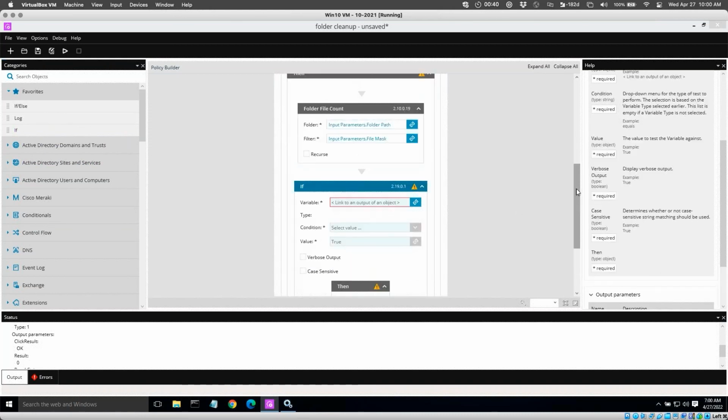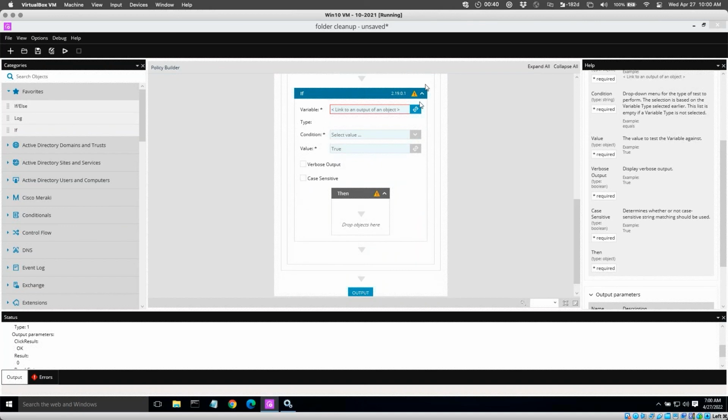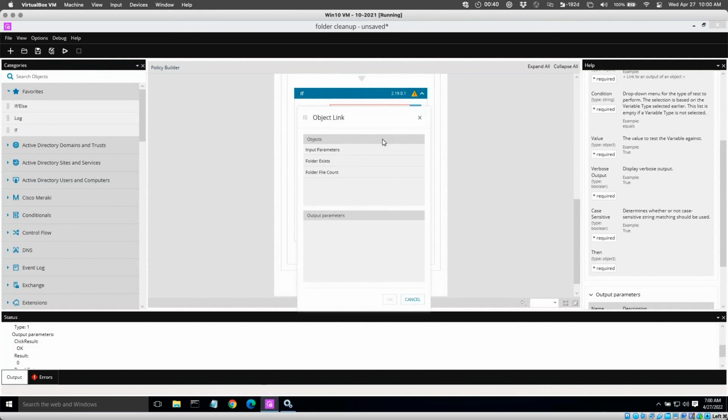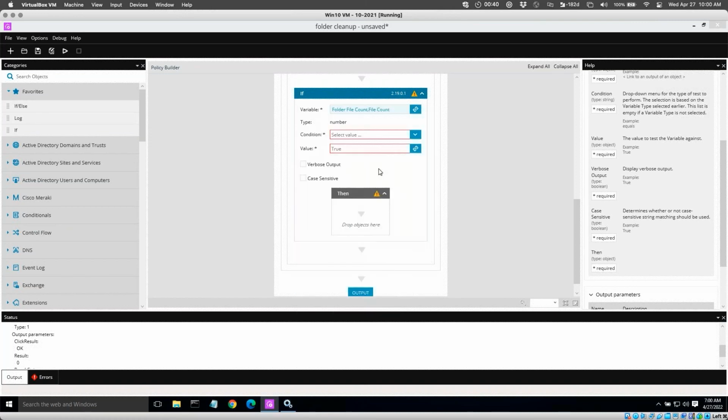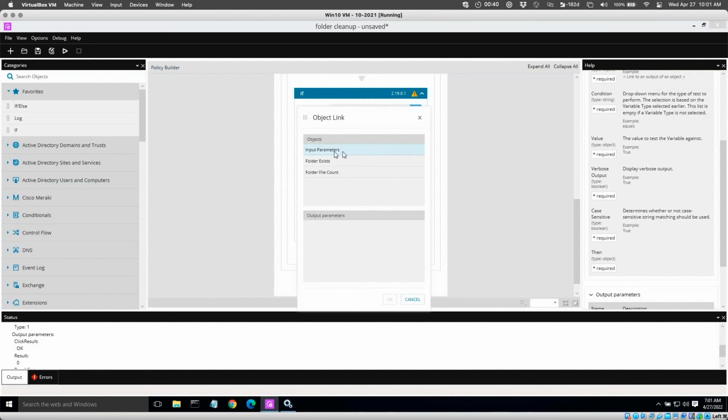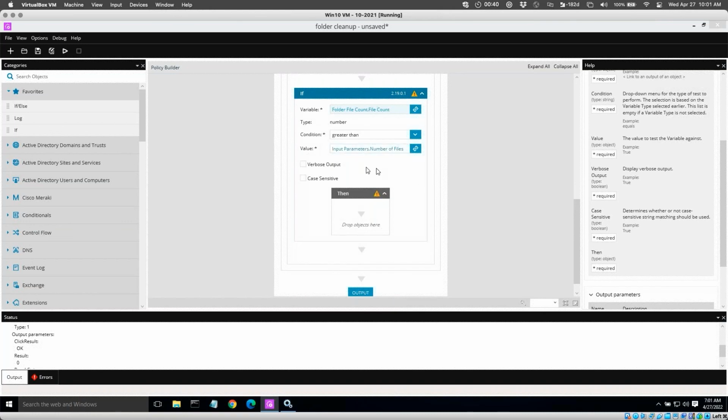If, and then this time I'm going to take the output of the file count, and if it is, in this case, greater than my input parameter of number of files. Then